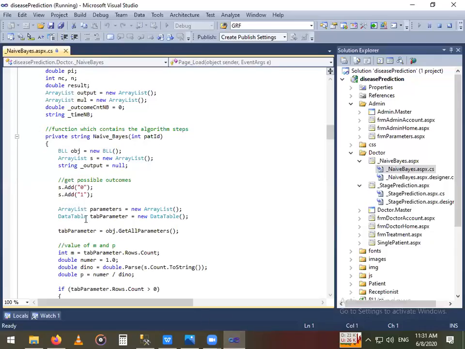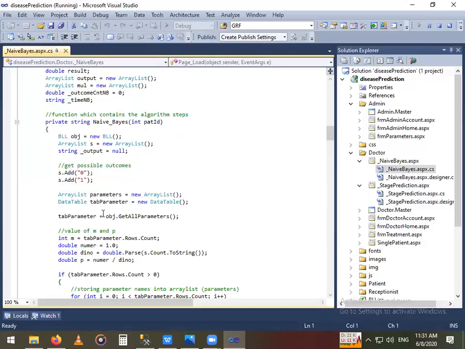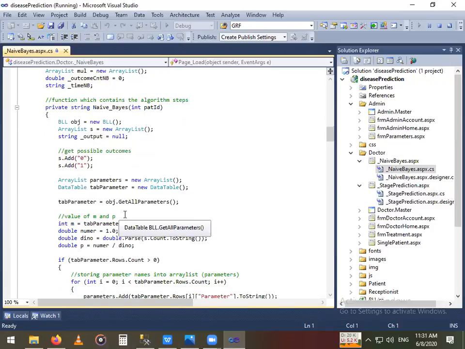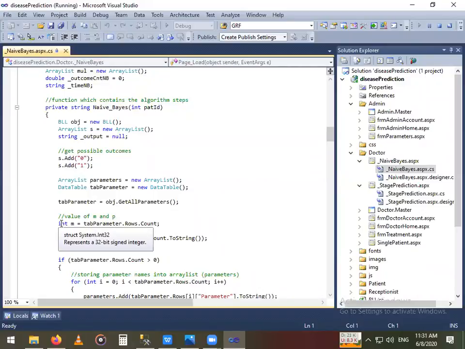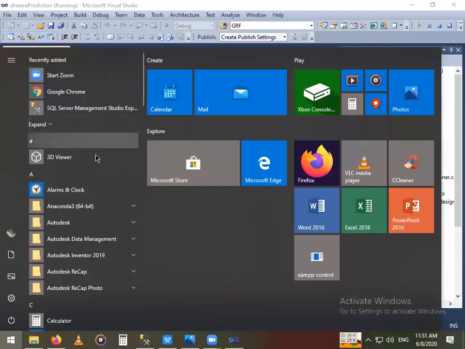Next, the main formula in this naive-Bayes algorithm is that we are going to use the formula P is equal to (n_c plus m times p) divided by (n plus m). I'll show the formula also.